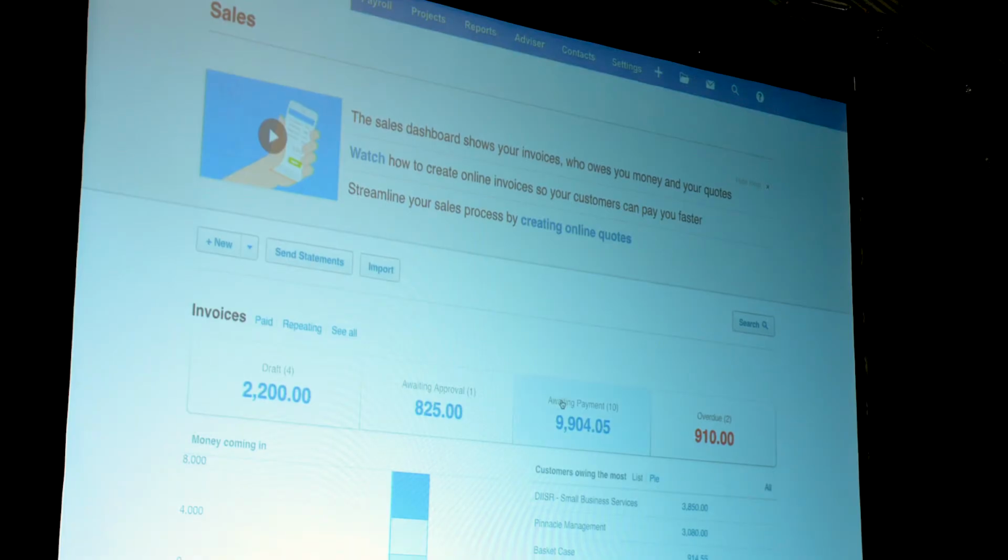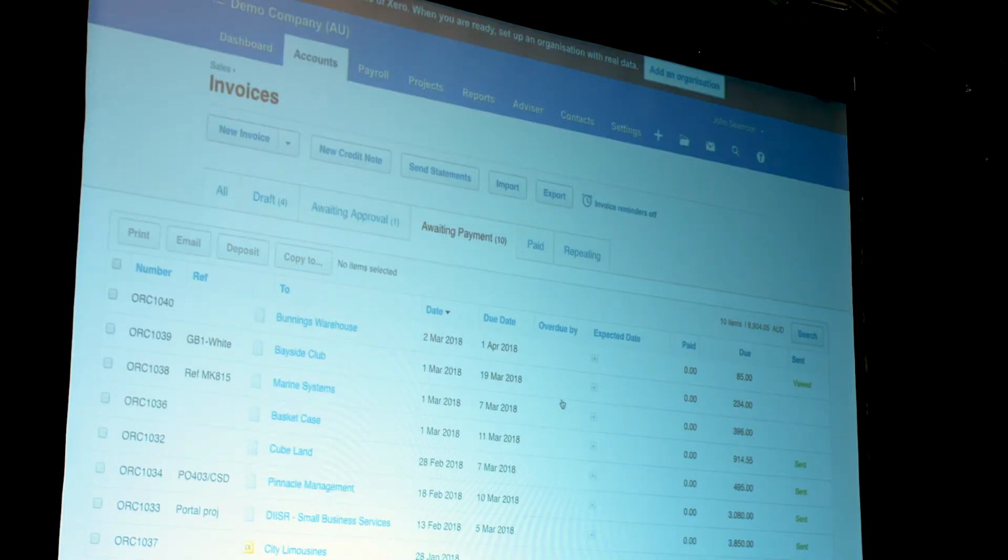Now I'm just opening that up so that when I jump into my sales, so I've sent my invoice off to my small business client, but I want to have a look at who has not paid me, so I'm going into waiting to be paid. You can see that I've got a lot of invoices that have been sent out, and that's probably quite small for some of you at the back, but this recent one that I've sent off to Bunnings, I now have marked as viewed because I sent it to myself and opened it on my phone, refreshed, and you can see